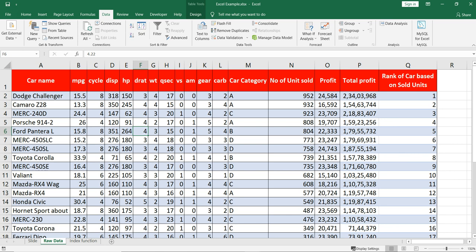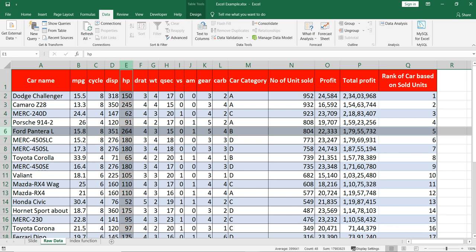When I say the fifth item, it means this is row 1, and you want the fifth item of that particular row, which is row number 6. So this is our row number 6, and the fifth item means the fifth column. When you count from the start, column A is 1, B is 2, C is 3, D is 4 and column E is 5.